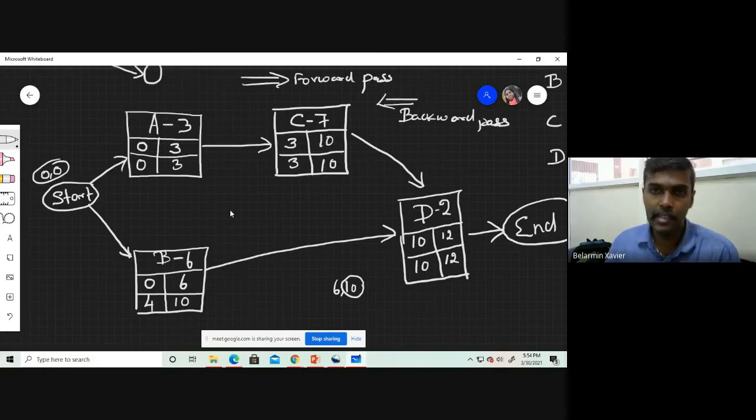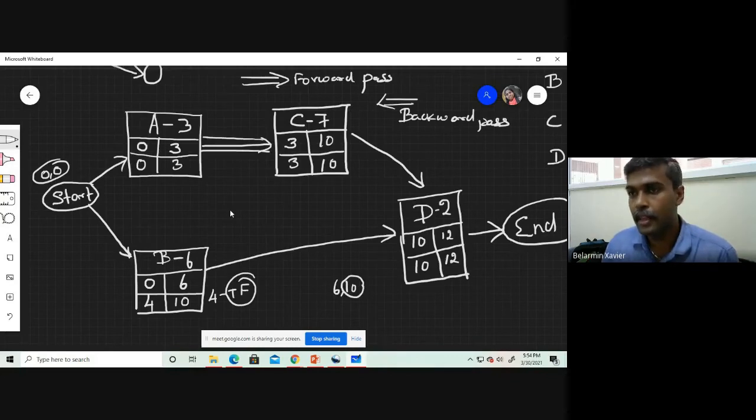If the difference between earliest start and latest start, or earliest finish and latest finish, is 0, then it is termed the critical path. If it is not, you will have float. In activity B, you have 4 as your total float. For the remaining activities, the earliest start and latest start are the same. So A to C and C to D is your critical path.